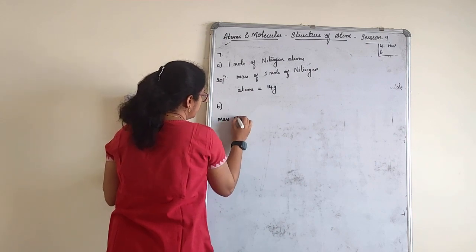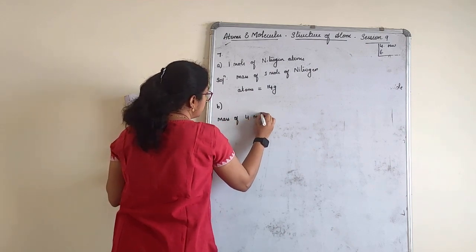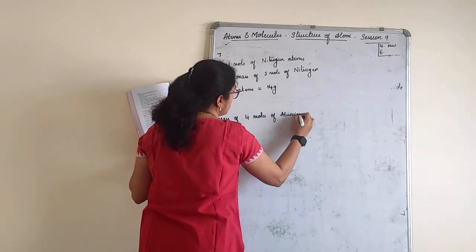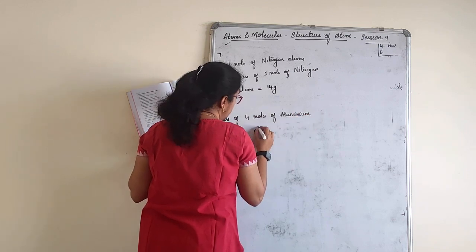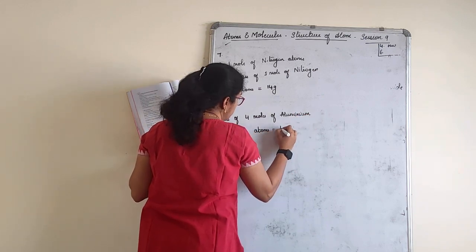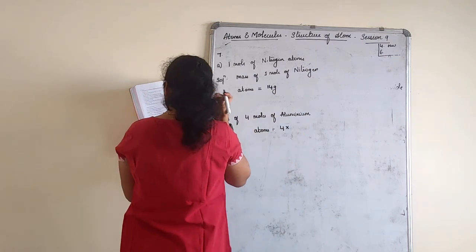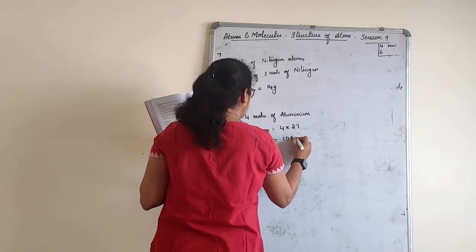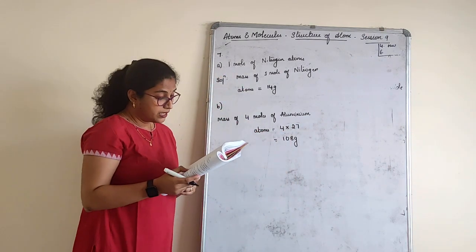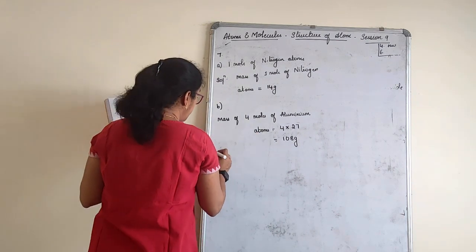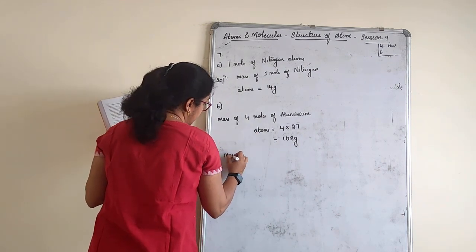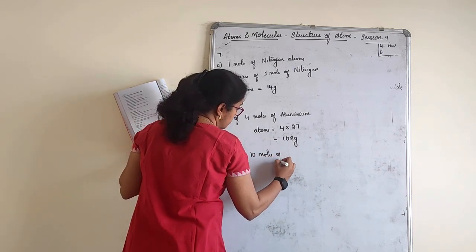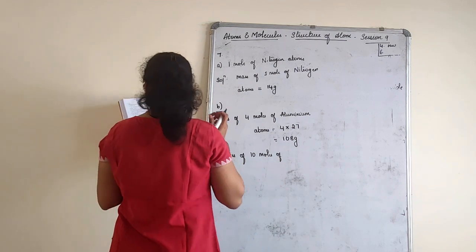Mass of 4 moles of aluminium atoms is equal to 4 into aluminium atomic mass 27. That is equal to 108 grams. Very simple. Last one, mass of 10 moles of what they have given here, sodium sulfate,